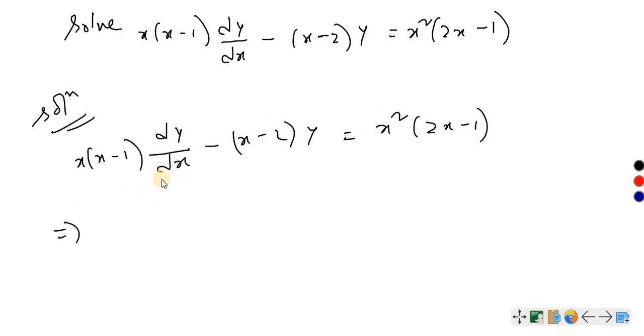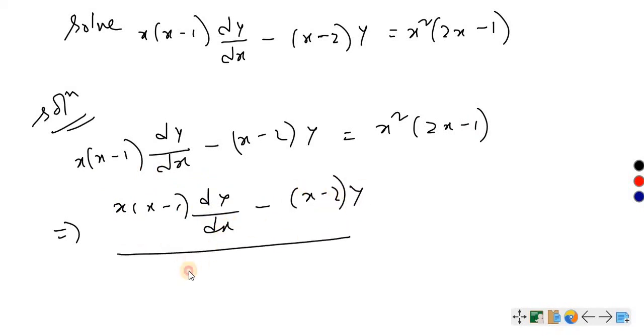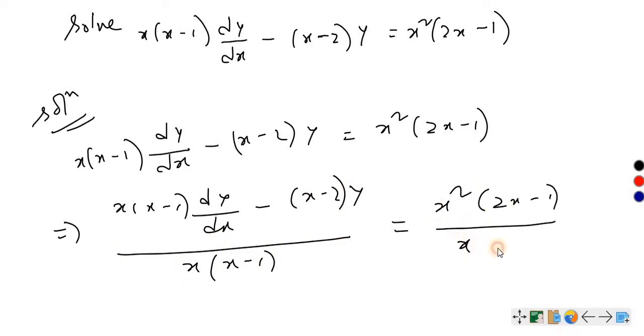Here we will be dividing both sides by x(x − 1). After dividing this, we are going to get